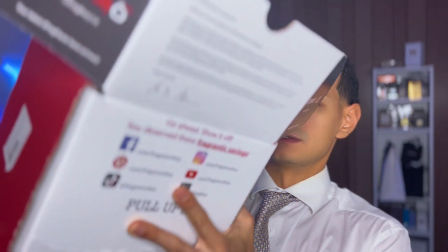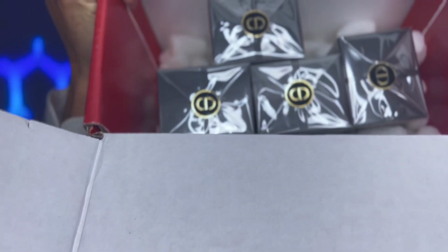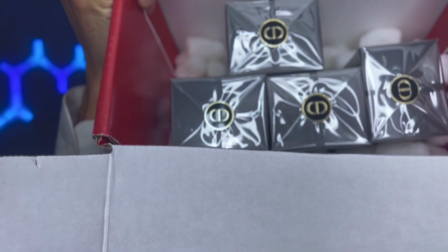And I'm going to go ahead and show you the box and where these fragrances came in. And hopefully I don't drop the box. So let's go ahead and do that. So here is the box, just very carefully, as you guys can see. And hopefully you guys can see that, but there's 4 in there. And then the 5th one is here in front of me, in front of my countertop. So that's box number 1. I'm going to set that aside. And then box number 2, which is going to be this guy,